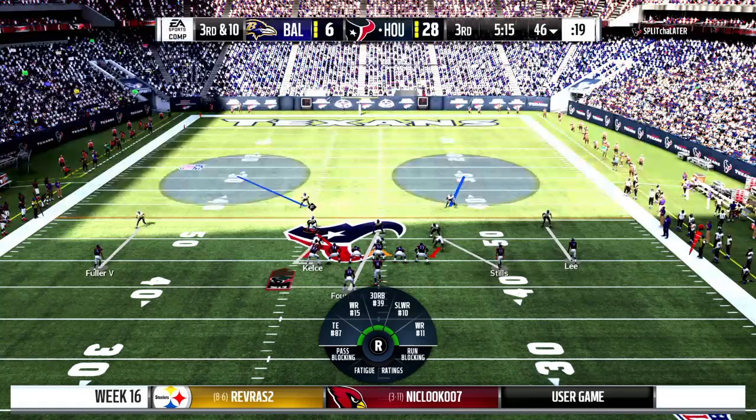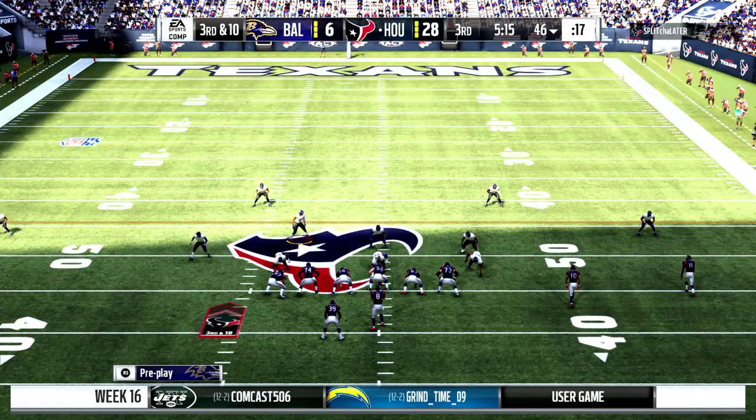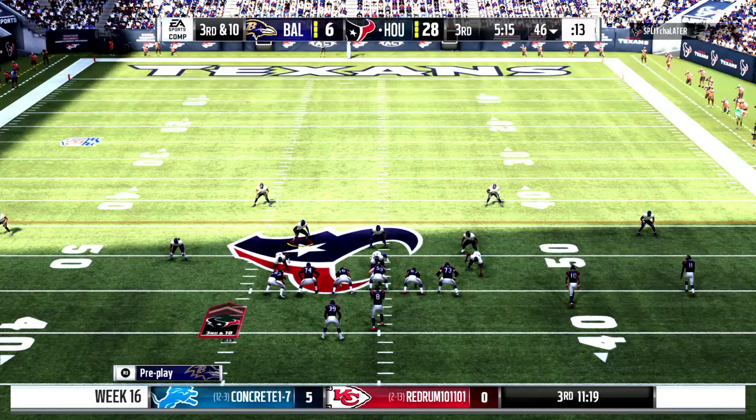Tighten up, tighten up. 18, 18. Sit up. 180. 537. I got you. I